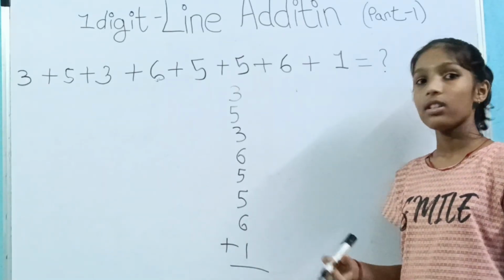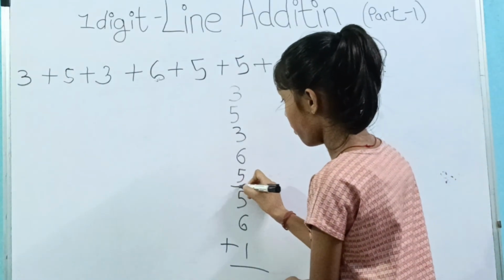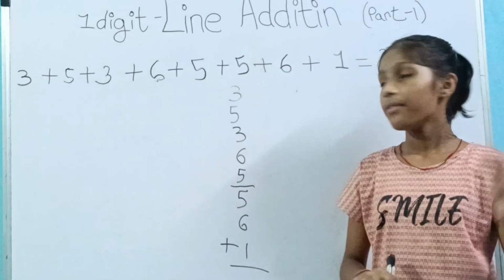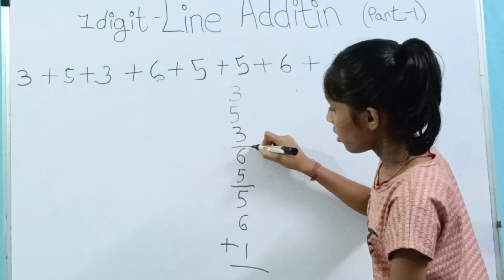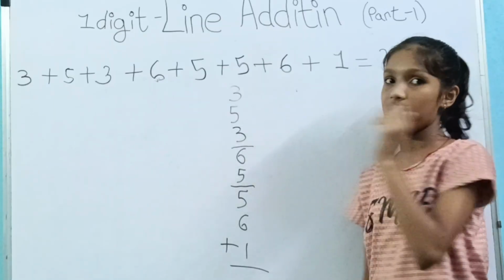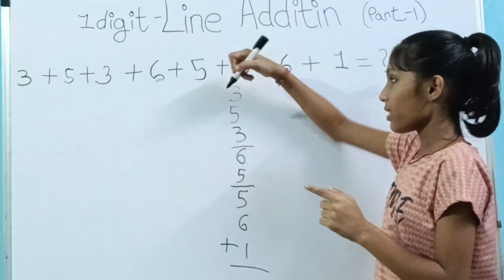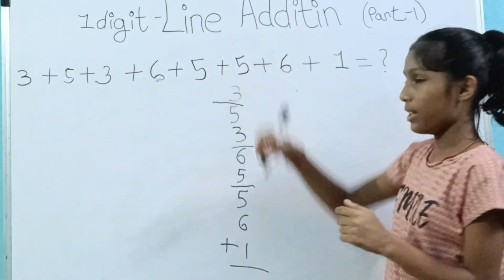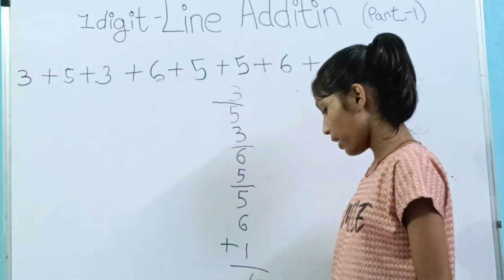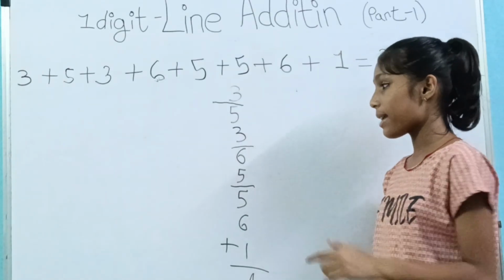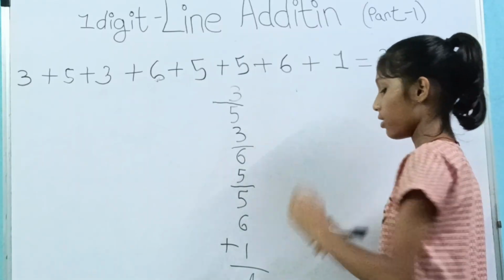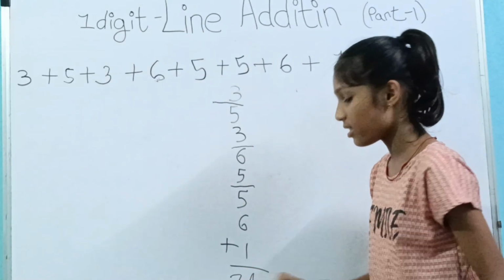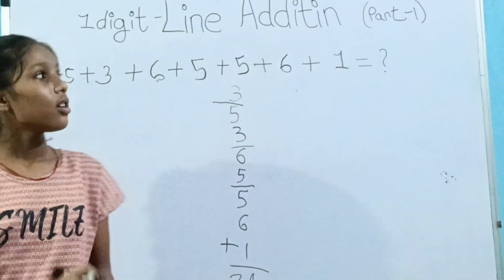7 plus 5 is 12. Bigger, so we'll make a line and add 2 to 5. We get 7. 7 and 6, if we add, we get 13. It's bigger, so again make a line, and we add 3 to this 3. We get 6. 6 plus 5 is 11. Now make a line and add 1 here. We get 4. So write 4 here. Next step, count the dashes. 1, 2, 3. So there are 3 dashes. So the answer is 34.